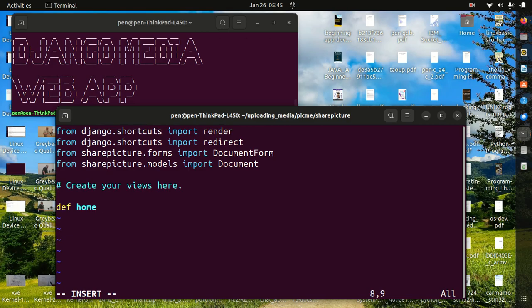And there's another thing we are supposed to do here, which is from django.views.decorators.csrf, we want to import